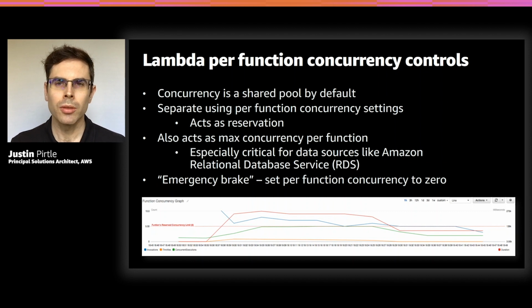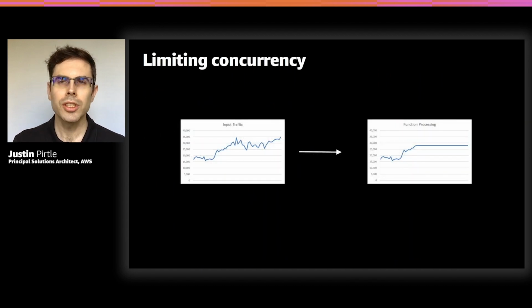And at that point, even though we have more messages in the queue, we actually just see the throttles increase because the poller is getting throttled back because we've set this concurrency ceiling. Only after the throttles decrease, because the concurrency is freed up again, do we finally get through the queue and see our concurrency go back down to under 5 when it's no longer needed. So this would ensure that we don't overrun that relational database. Now visually, what this could look like is a variety of spiky traffic coming in, scaling up rapidly. But from your function's perspective, very steady state processing on the back end with no issue.